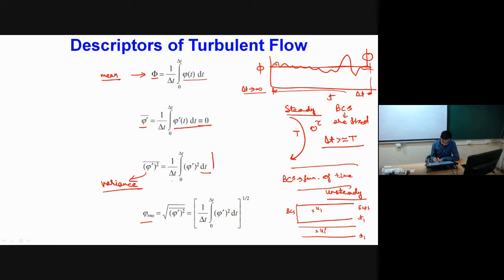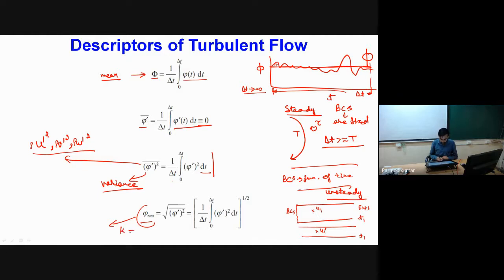This particular parameter will be helping us in finding the values of u dash square, v dash square, and w dash square, where u dash, v dash, w dash are nothing but the fluctuating components of velocities in x, y, and z direction. The variance of these will later become an important part of our governing equations, and when multiplied with density, these will become our turbulent stresses in the normal direction. Okay, and this root mean square value forms the basis for turbulent kinetic energy.